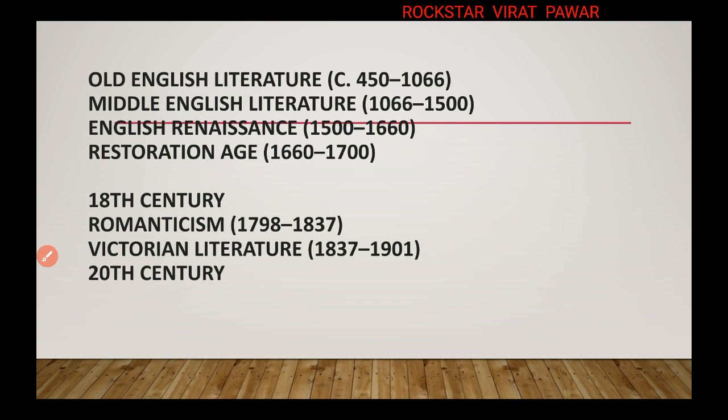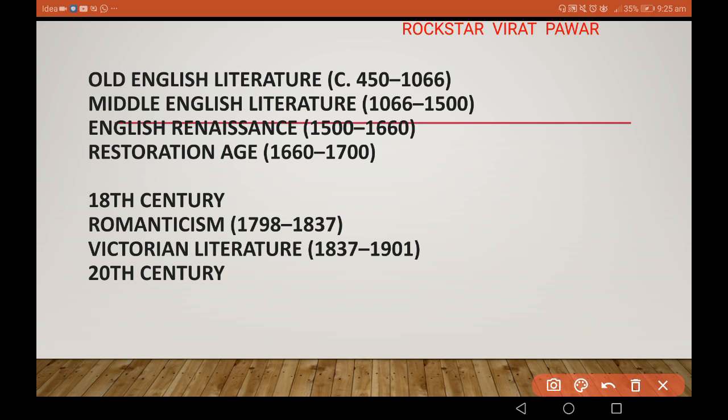Then we have to study various ages in English language development, so that you can understand which topic a question is from, or when you are remembering a writer's name or poet's name, various essay writers and various novelists, various novels. If you study randomly, like the Restoration, then Old English, then Romanticism, you can't remember everything perfectly. Otherwise you will get confused when questions are asked in the exam.